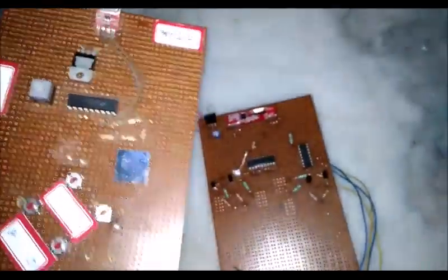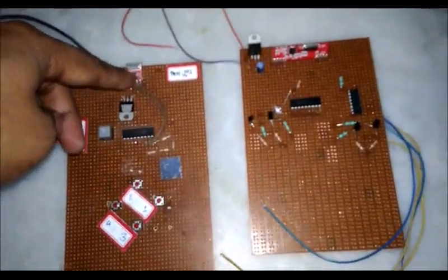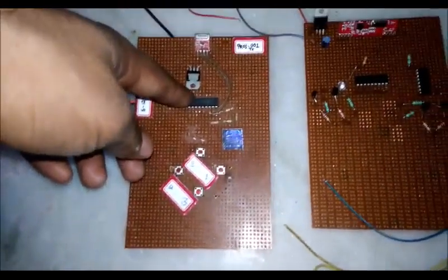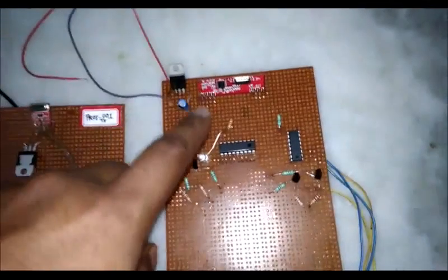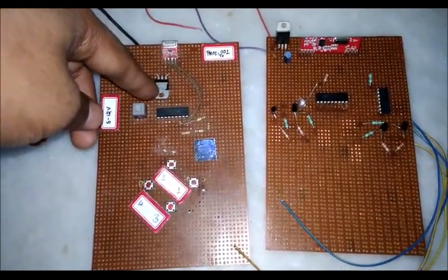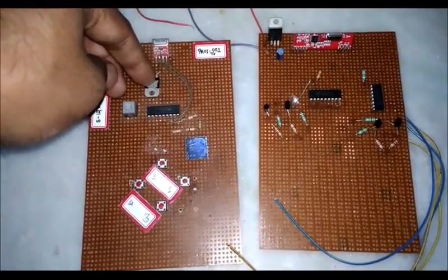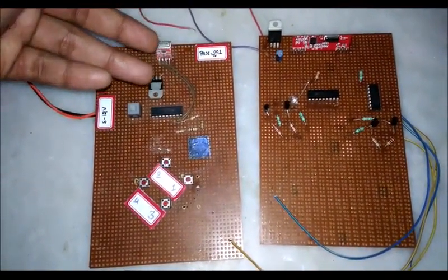RF frequencies. And for connecting these two, I have used this RF transmitter and this RF receiver. Yes, and for encoding the signals of this module, I have used the ST12E IC, which is an encoder, and here I have used the ST12D IC, which is the decoder one. So the concept is that here you can see that I have applied a regulator IC, the 7805, to convert the output voltage to 5 volt, because this whole circuit works on